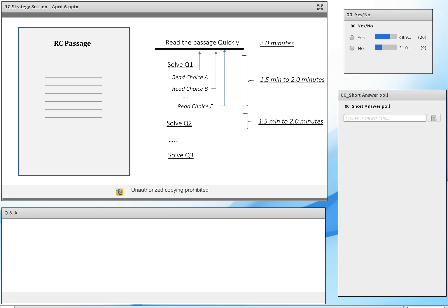GMAT is a test to make sure that you have the right skill set to understand information, or to correct information in the case of sentence correction, or to analyze information in the case of CR and RC. So the answer choices are created with the intent to identify people who are able to comprehend versus the people who are not able to comprehend. That is the point